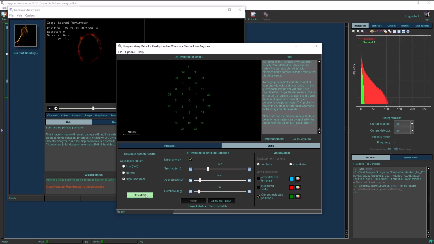So if we click Calculate, we see now that there are red numbers displayed on top of the current microscopic parameter positions of the detector array. These are the measured shifts. We can fit those measured shifts, and this will show you the Array Detector template, which will be used to